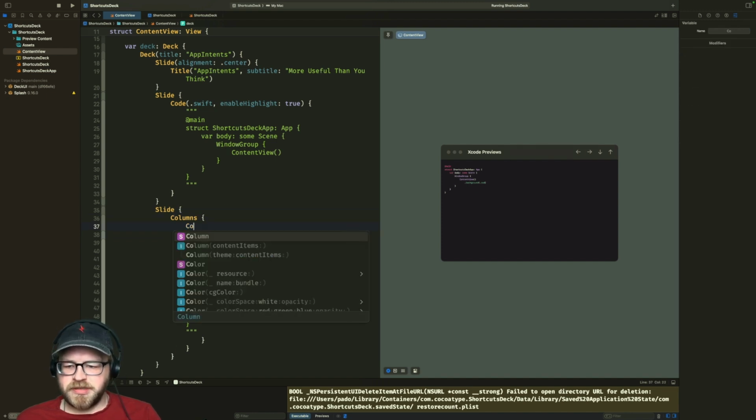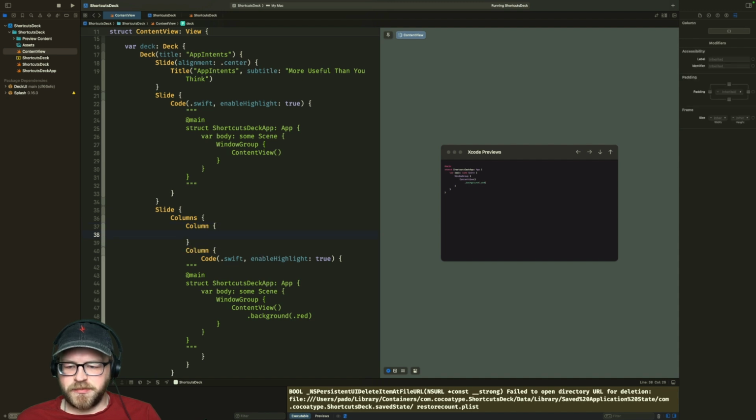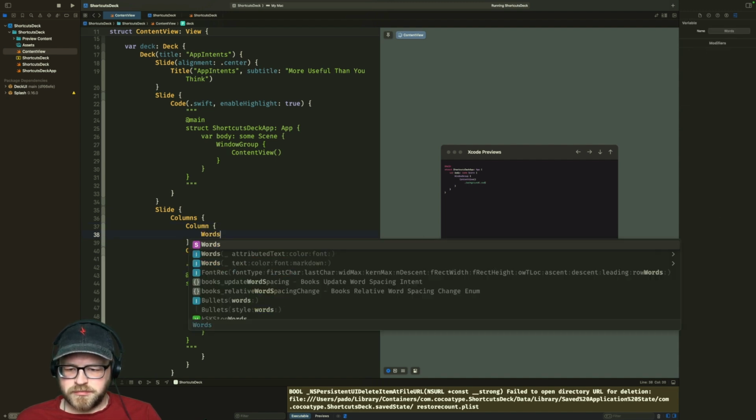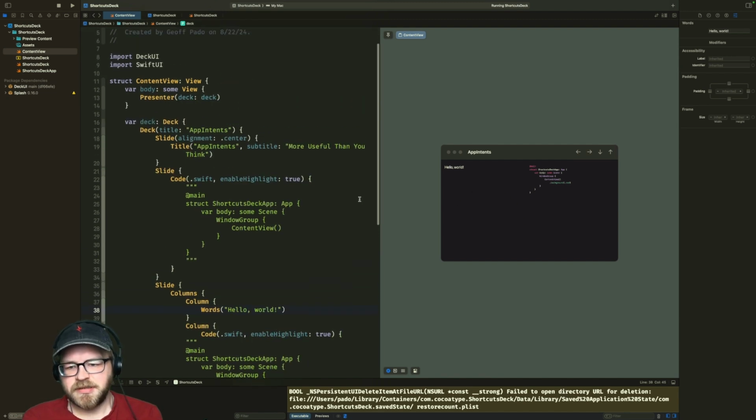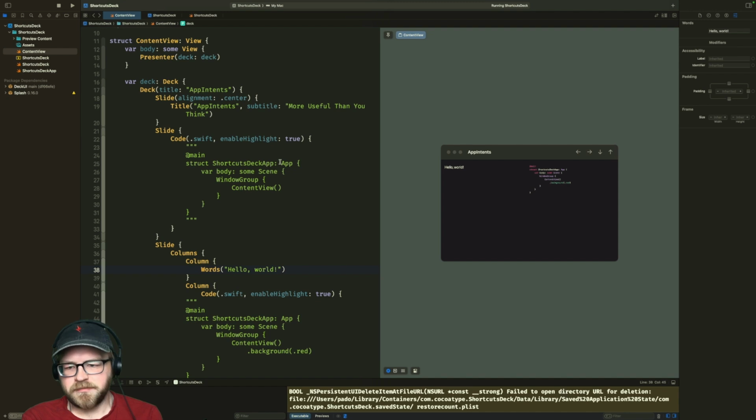But we can put a different column alongside it. This is the more important bit. Boop, boop. Yeah, look at that. Okay, so we can put stuff on the left and stuff on the right, and that's more what we want. I think this is gonna work. Let's work with this.